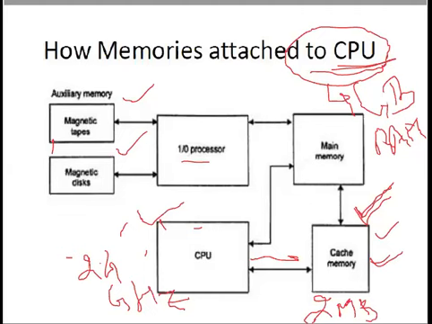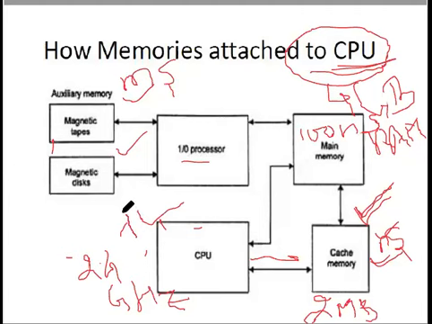So if the processor has a large addressing capability, the cache memory has an access time of the order of nanoseconds. Main memory has an access time of, say, 100 nanoseconds, and this magnetic tape or hard drive has an access time in the order of milliseconds. So there is a long time gap between a processor and a secondary storage, and hence the secondary storage cannot be directly connected with the CPU.